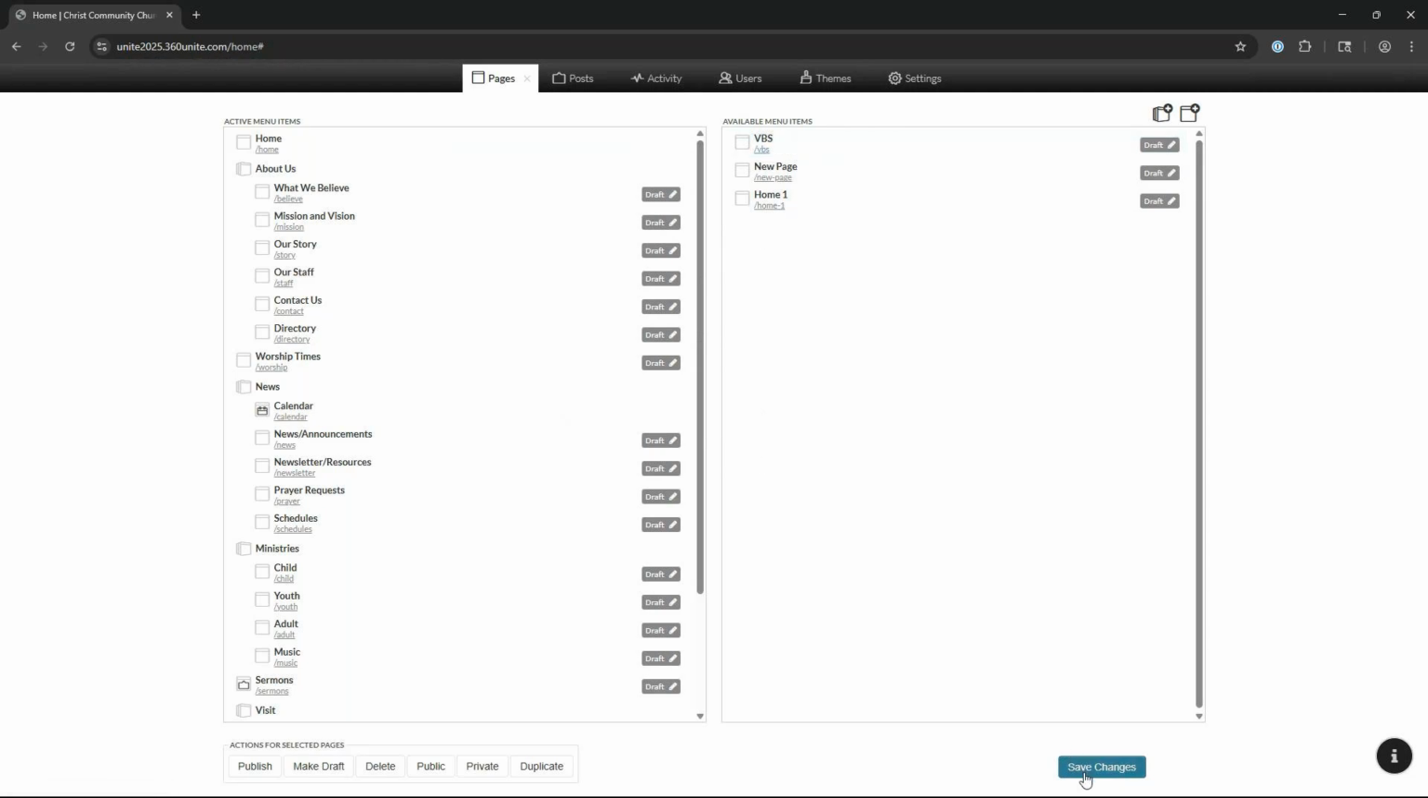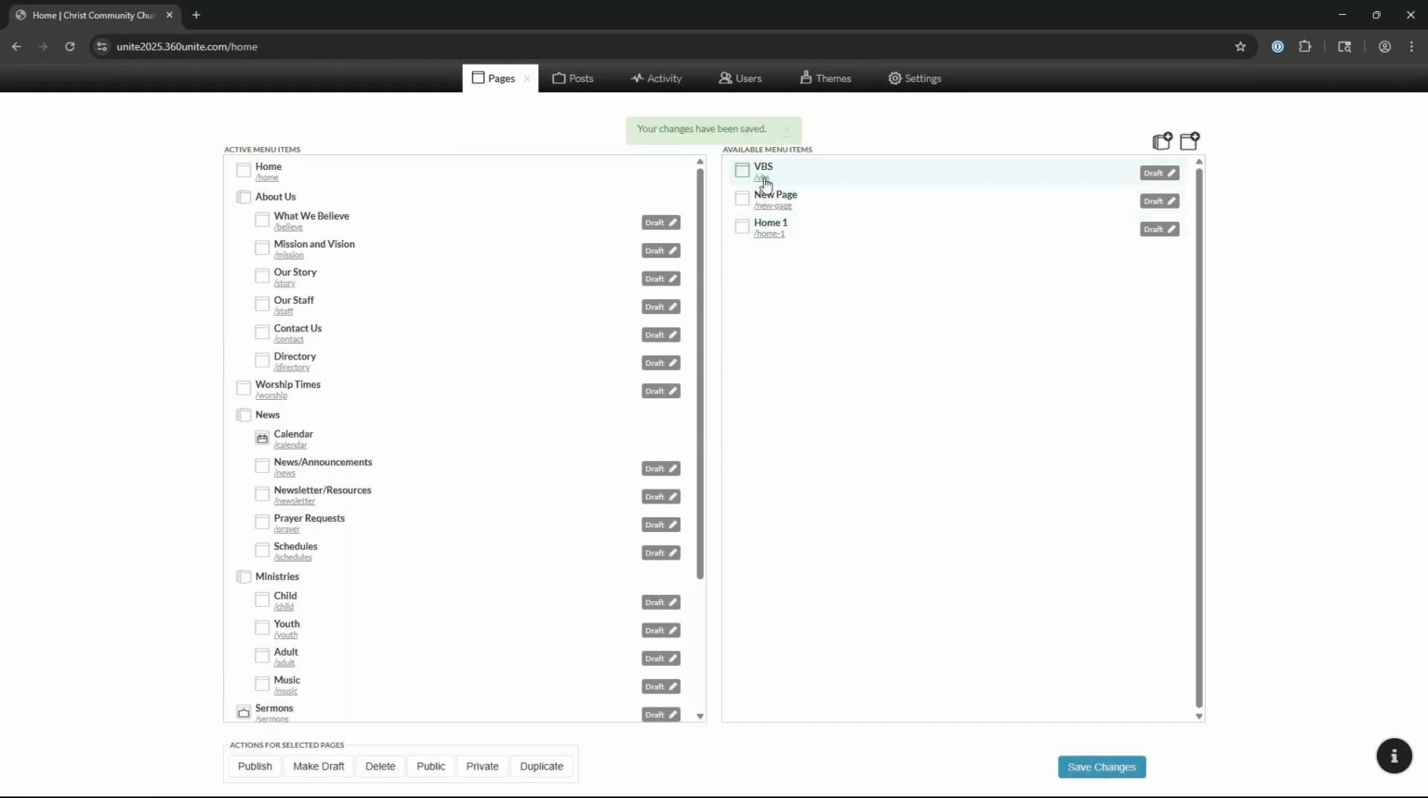Now, once I'm done making changes here on the Pages menu, I need to click Save Changes to save my work. And then if I want to go to a particular page, there's actually a link for the page under each icon here. So when I click on VBS, this is going to actually bring me over to, I say that,